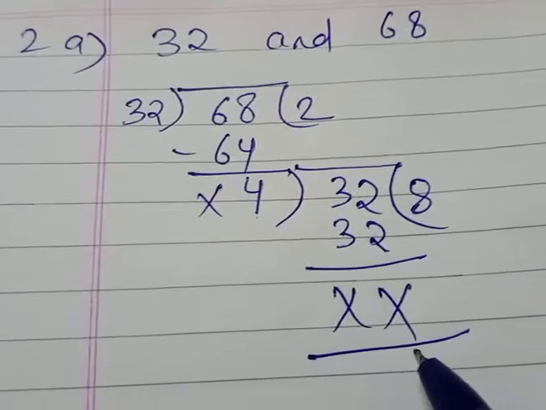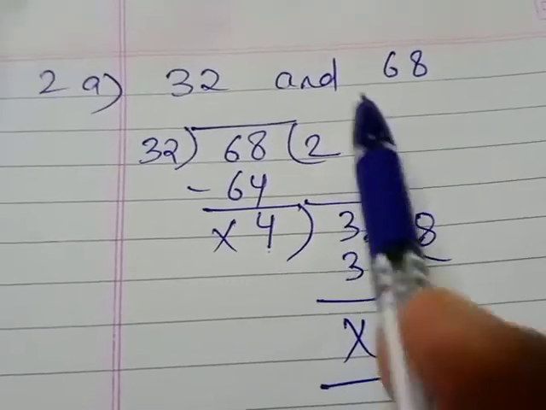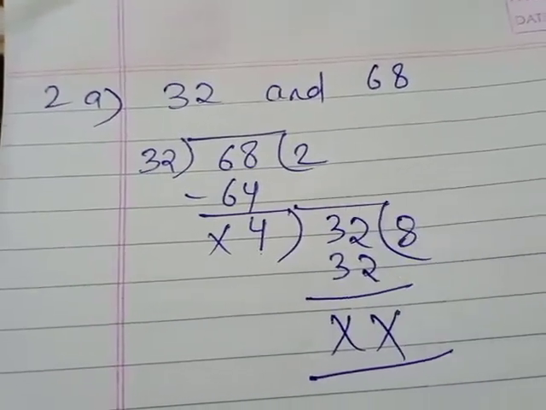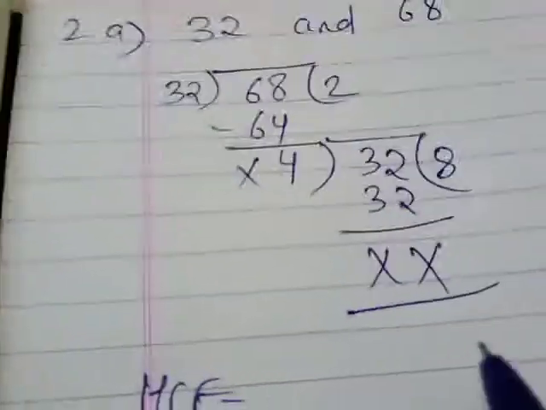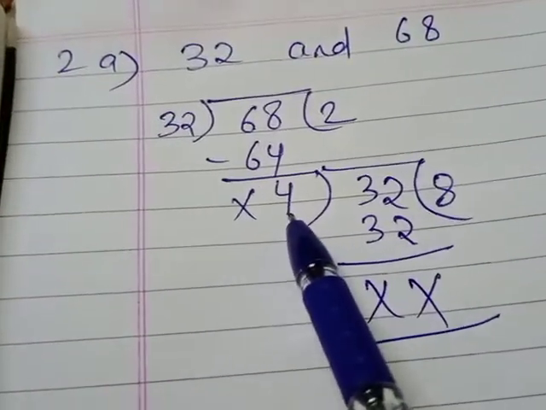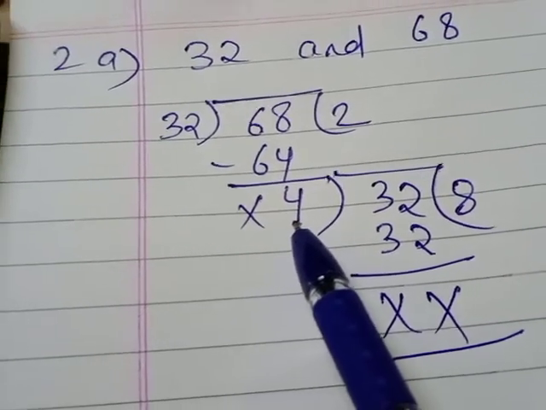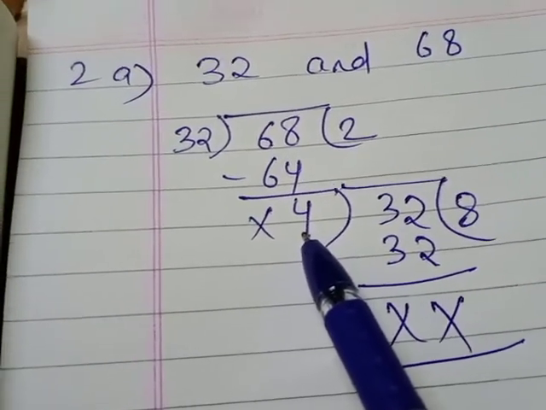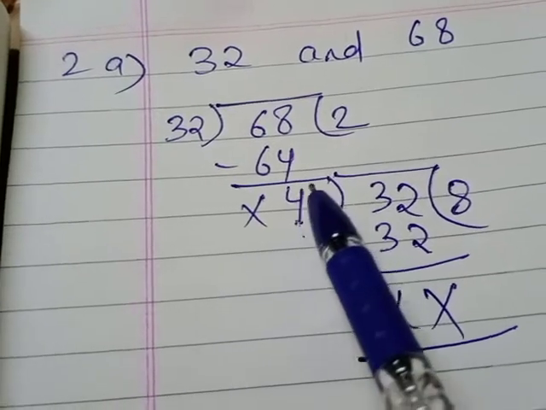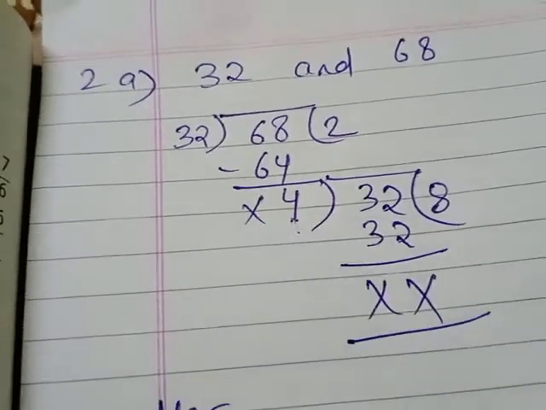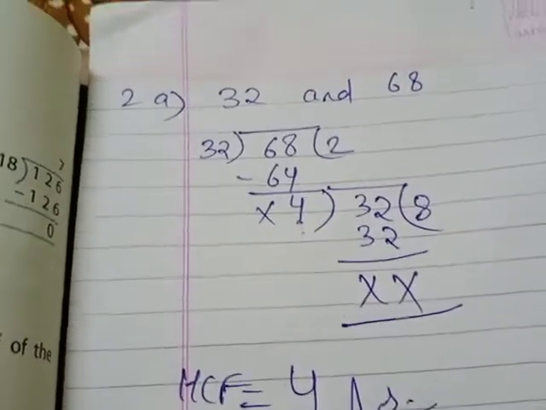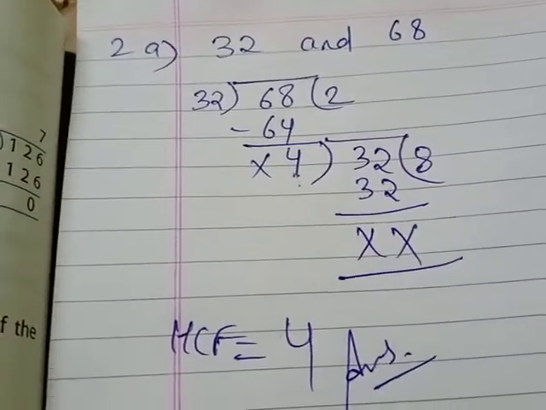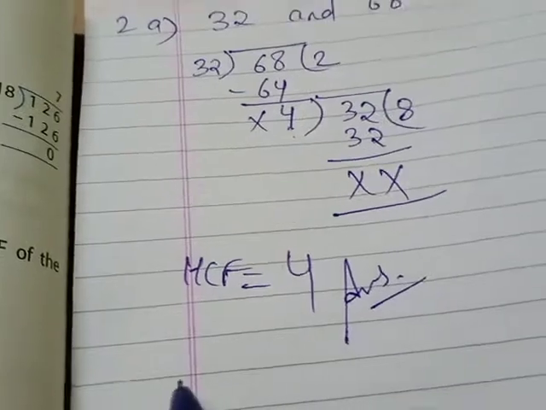So when no remainder is there, at that time your long division HCF is solved. What is your HCF? The divisor which you get here. This is your divisor, na? That last divisor, always keep in mind, the last divisor is the HCF. So HCF here is 4. Is the question clear? We will discuss 2b also, then you will understand.